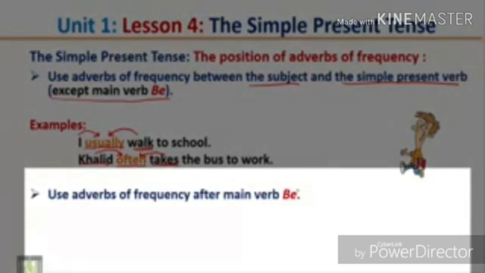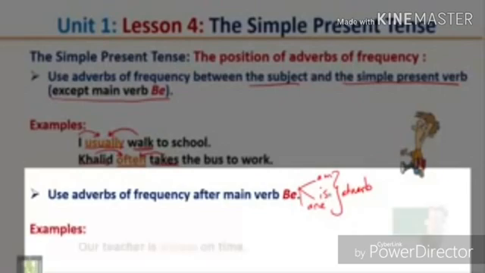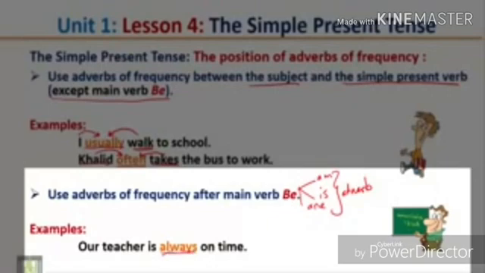Use adverbs of frequency after the main verb be. So be means am, is, are. In the case of am, is, are, we have to use adverbs of frequency after am, is, are. Don't use them after the subject. For example, our teacher is always on time. Here always is just after is. We are never late. Here never is just after are. So we conclude that